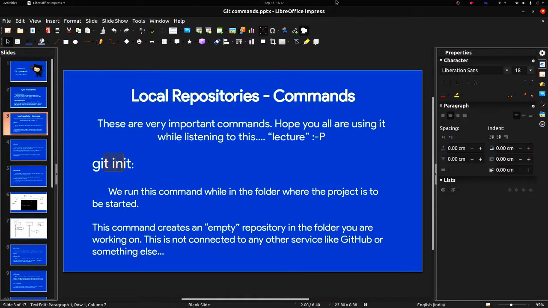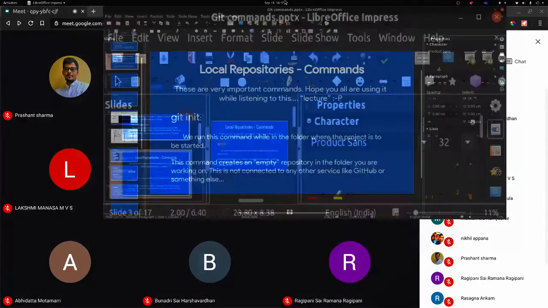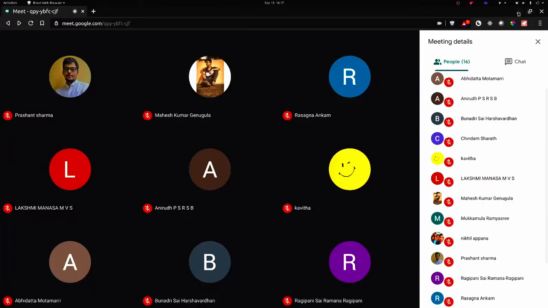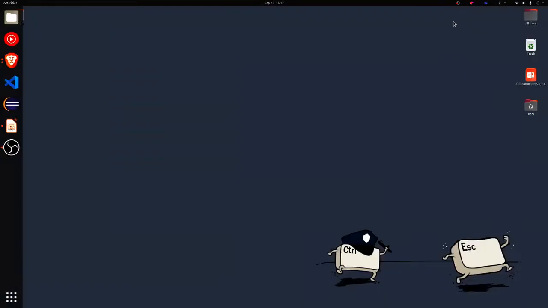The first and foremost command which we use in the Git tool is called git init. I hope you are all trying it on your devices as well while you are listening to this class. If not, better practice it later, because we'll have this session recorded as well. I'm just creating a folder named